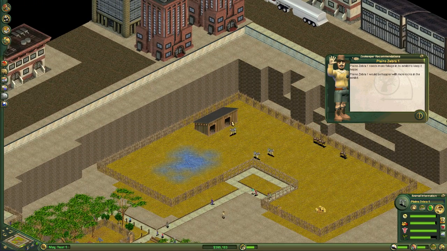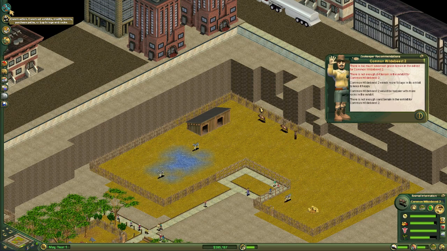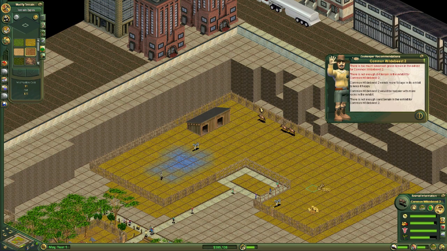Alright, so now that we've done that, let's click on the wildebeest and see what he needs. And when you do these mixed exhibits, you kind of have to come up with a happy medium between whatever is in there. So he's going to need a little bit of dirt. And the zebras aren't going to like that, but they're not going to like it so much that they can't